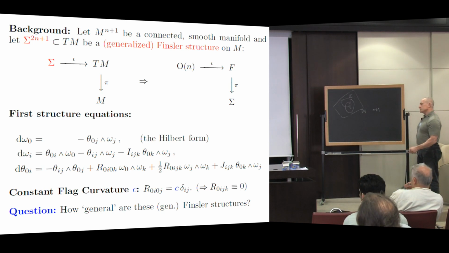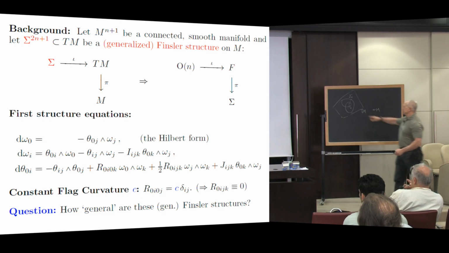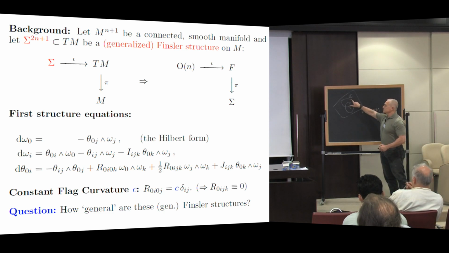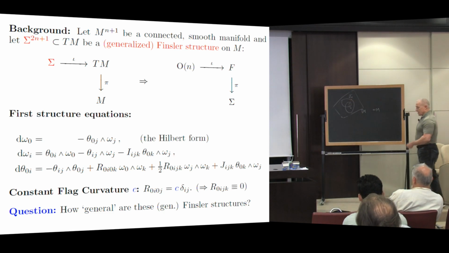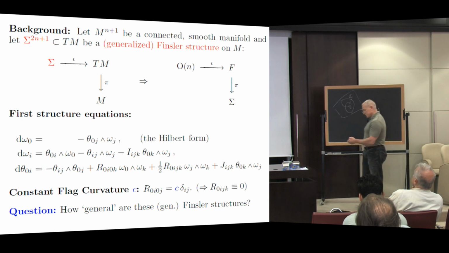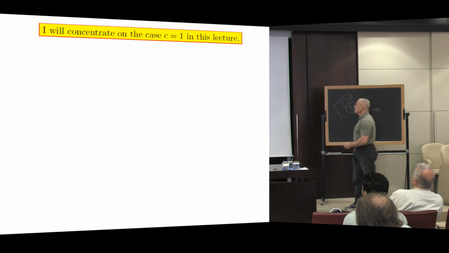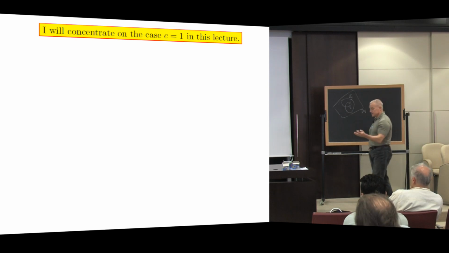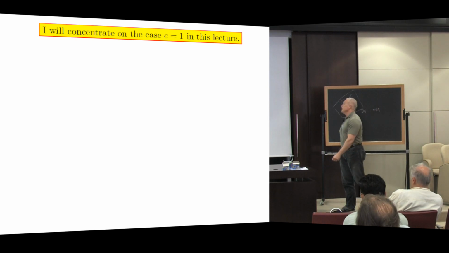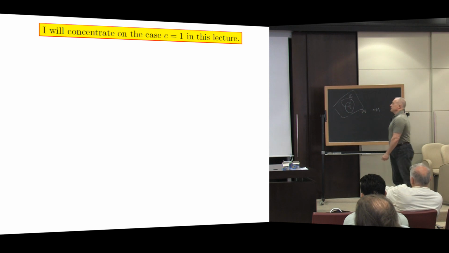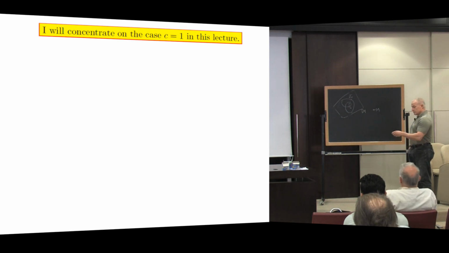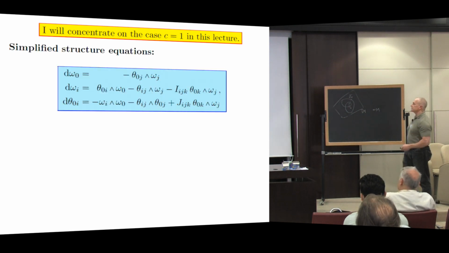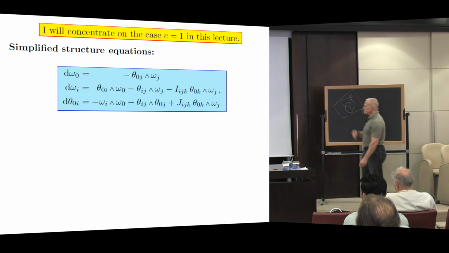And I'm going to consider them in the generalized sense. That is, I'm going to consider basically just a small piece of a hypersurface in studying what the equations are. But of course, we'll see that has consequences in the global picture. I'm also going to concentrate on the positive case. There's a similar story in the case c equals 0 or c equals minus 1 that is analogous in many ways, but for me the most interesting case is the c equals 1 case.